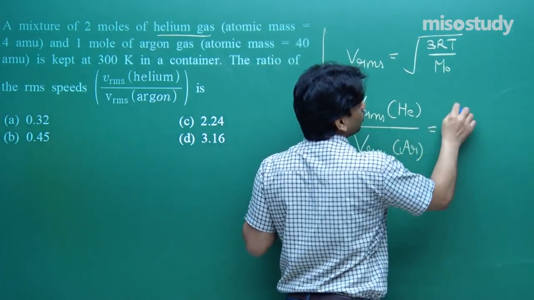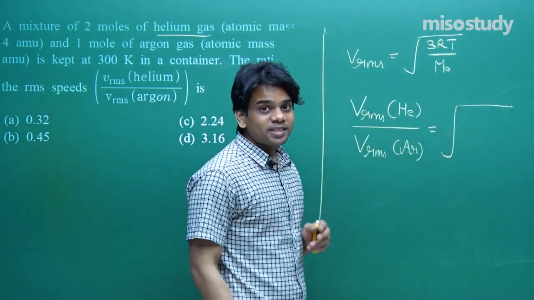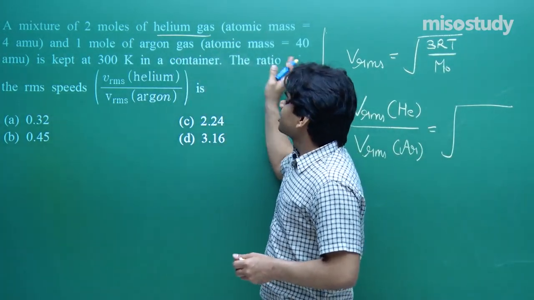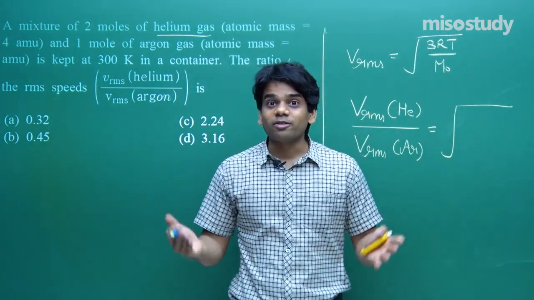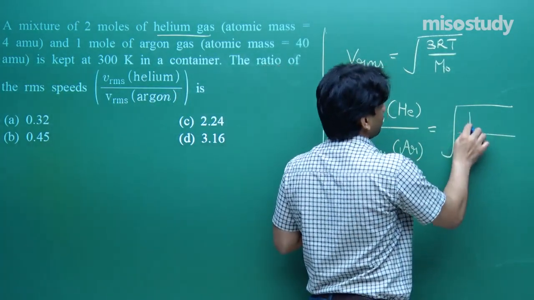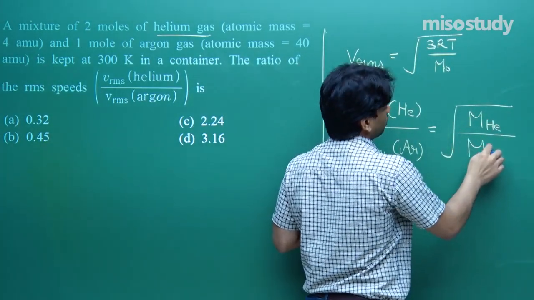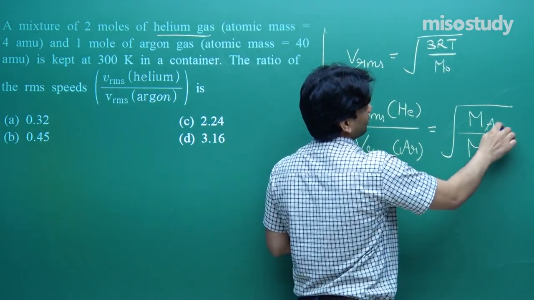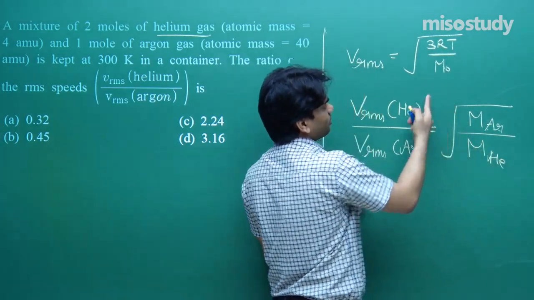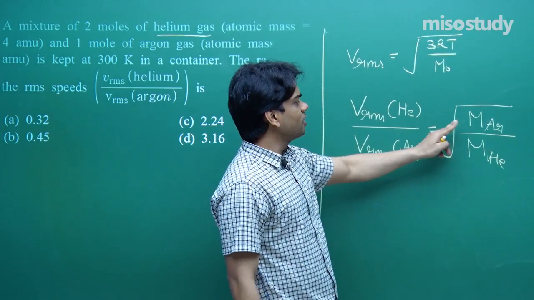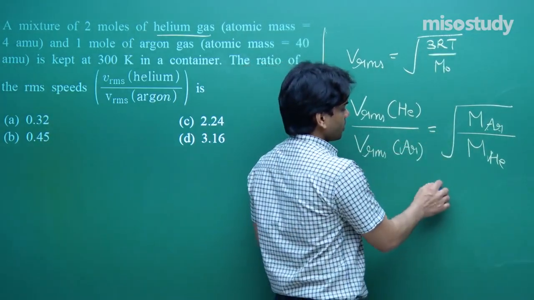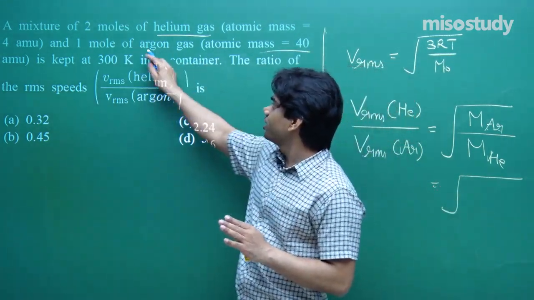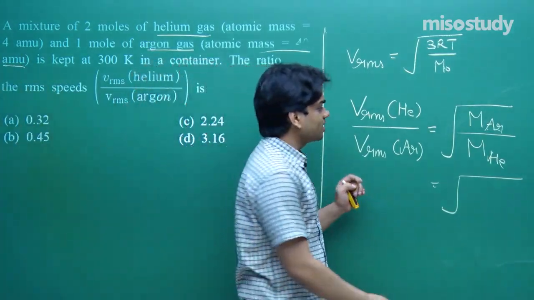this will be equal to under root, since mass is in the denominator, temperature is remaining the same for both. You see here, a mixture of 2 moles of helium gas and 1 mole of argon gas is kept at 300 Kelvin in a container. So temperature is the same, that will be cancelled out. So here we will be having molecular mass of helium upon molecular mass of... wait a minute, argon should be in the numerator because it is in the denominator of the formula, so it will come in the numerator. So molecular mass of argon upon molecular mass of helium. Under root, molecular mass of argon, that is given as 40, atomic mass 40 atomic mass unit. So place here 40